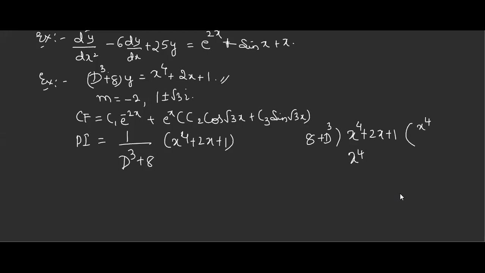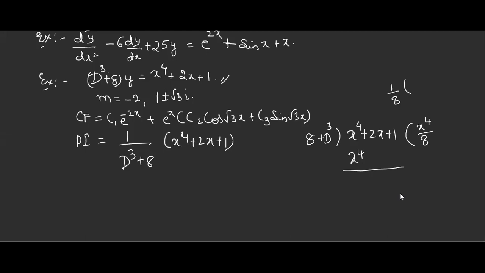We want x raised to 4. What is extra here? If you see the first term, isn't it 8 that is extra? Divide by that. Am I audible? Can you hear my voice? Okay, x raised to 4 by 8 into 8 means x raised to 4. Operate D cube on this. Be very careful: D cube operating on this means it is a third order derivative. So I'll keep 1 by D out.